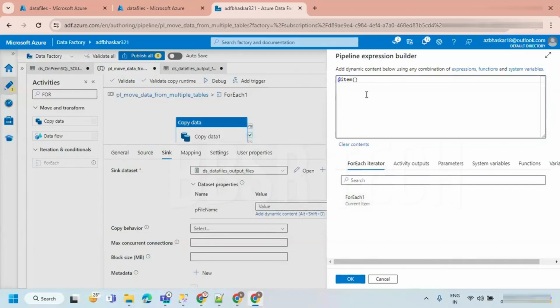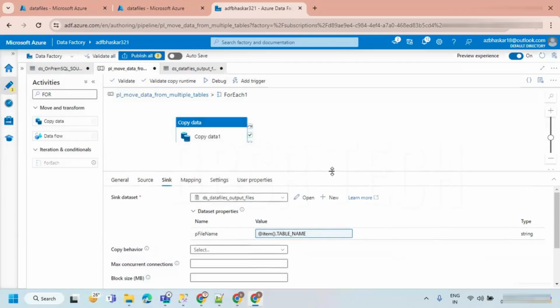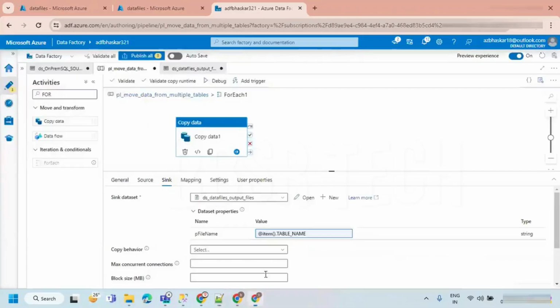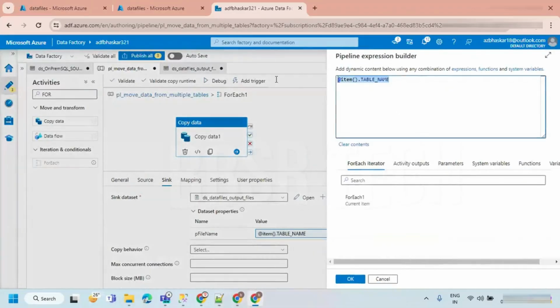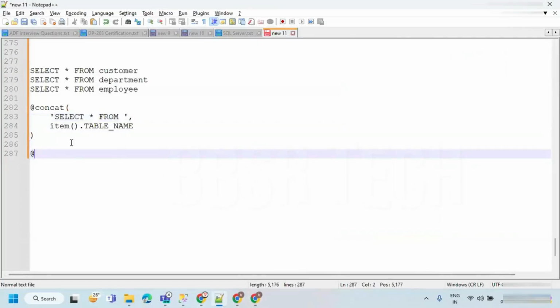I'm just taking item dot table underscore name. Let's hit OK. So the table name is going to come as the file name. But this is going to give only the table name. I mean to say, this is going to give the name of the table, but I need an extension also, right? At concat.